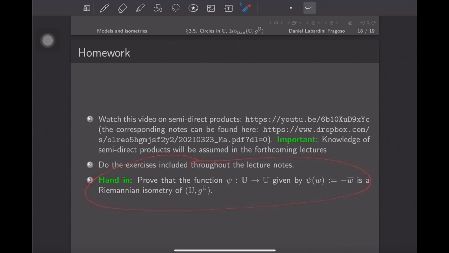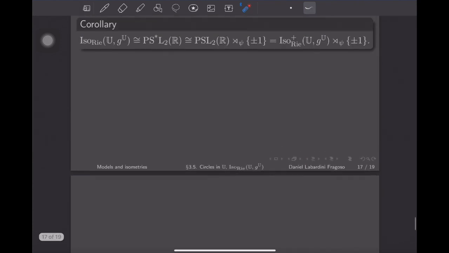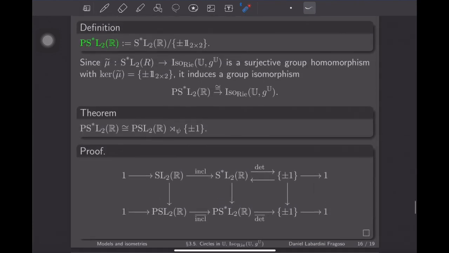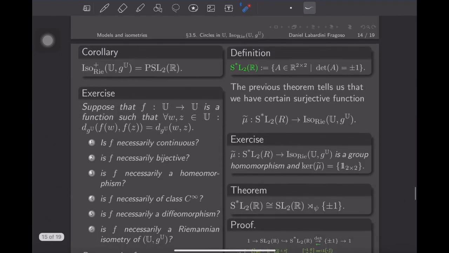Okay, which by the way is an exercise to hand in. Okay, and then in this exercise, I'm not including the part about orientation, so that you don't get stuck thinking about that. Right? So, okay, now